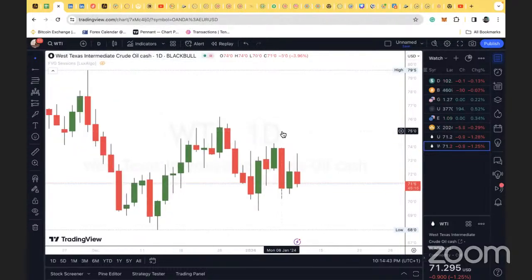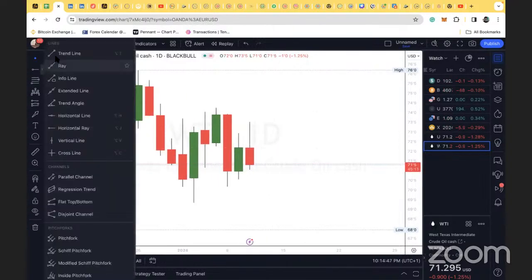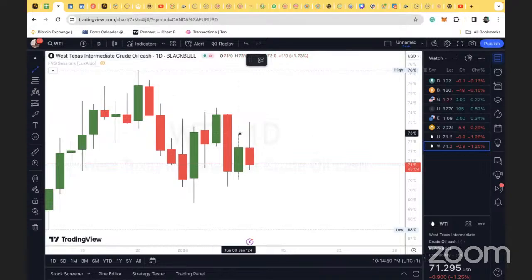So if you go to the daily, you need only two candles. That's all. The first candle you need is yesterday's candle. You mark the high and the low of yesterday's candle with the trend line, like this. When you mark it, then you look at the next candle. The next candle is inside, it's within the range. This is the current price of crude,